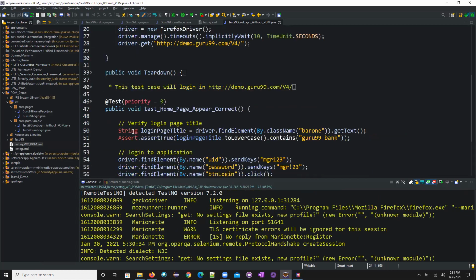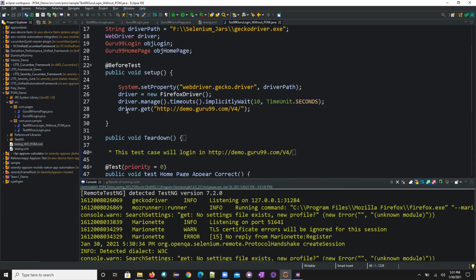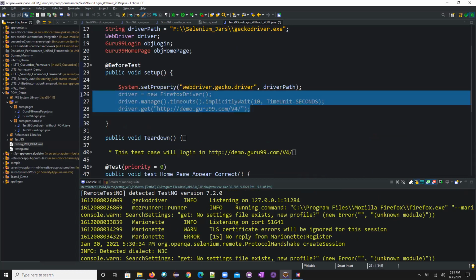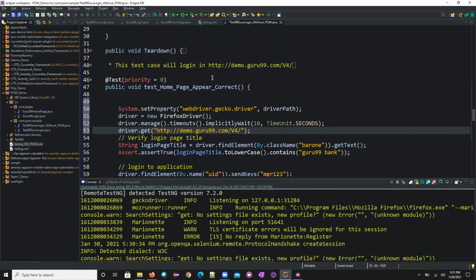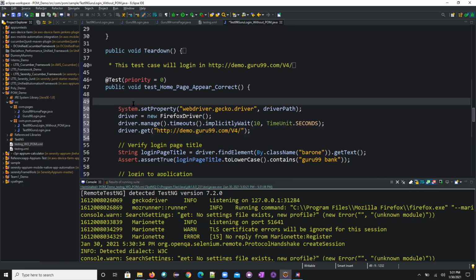If you don't want this one also, you can directly paste that particular code here and it will be executed. For an example, I'll try to do that one also so that you guys can easily understand the advantage of that. So now once again, I'm copying here. What will this code try to do? It will try to open the browser and navigate to the demo URL.